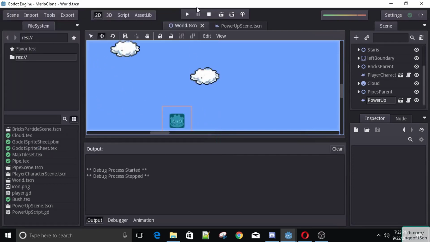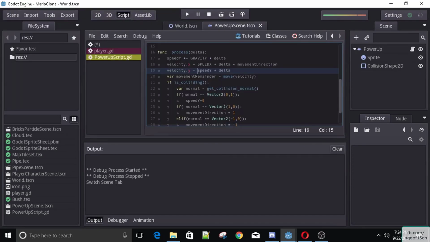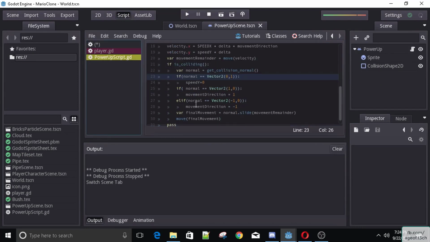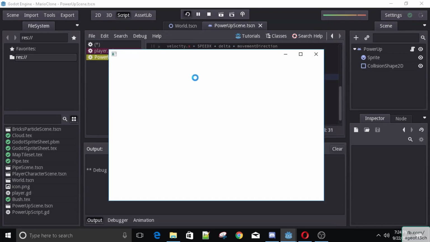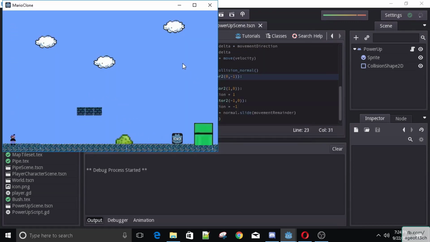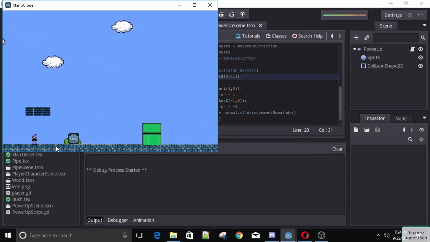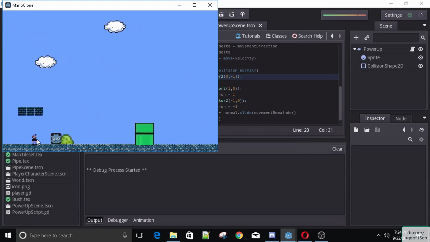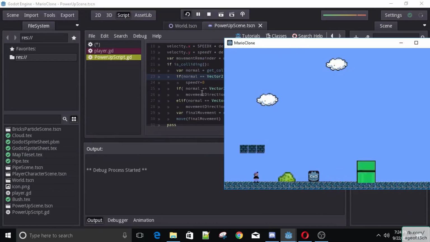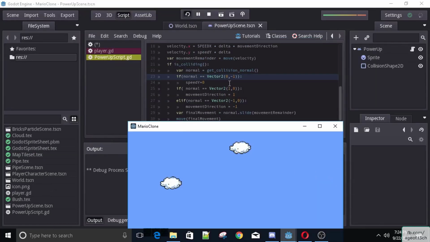Alright, let me just check this out. Power up, speed y equals 0. Sorry, up is minus 1 on the y. That was my mistake, I always get those confused. And there we go. You can see now it bounced off, but it also bounces off of us, because it sees that it hit our normal,